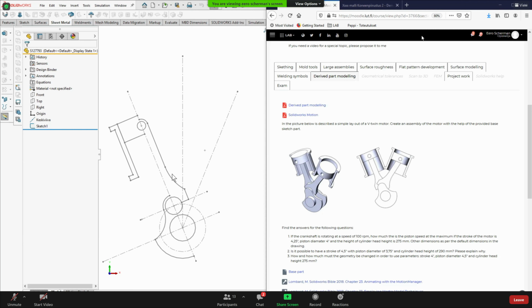So from the sketch we can derive as many parts as we can? You can, yeah. The idea of the sketch is to describe everything, or at least the dimensions that are important for the assembly to work